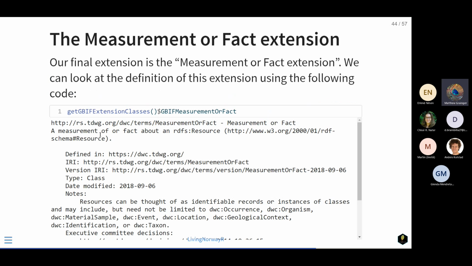The final extension that we're going to talk about today is the measurement of fact extension. So that's where you've gone and you've measured something about, in our case, penguins. You've measured their beak length and their beak depth. You've looked at their blood, for example. So you can actually,